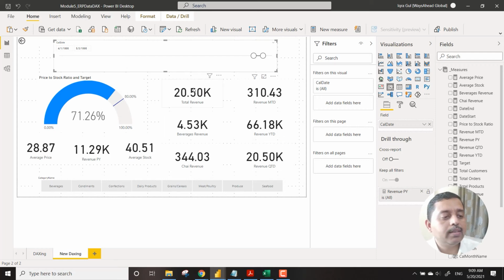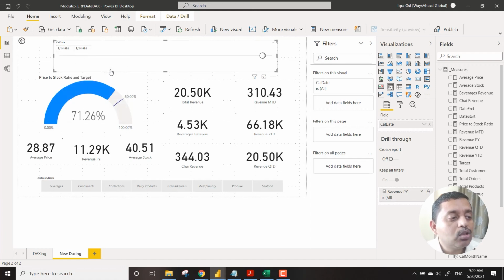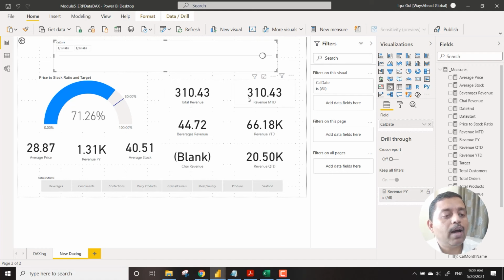Which means that it is in the same order. Now this is MTD. So this is 3rd of May, and then what I do is instead of April, I take it to May and I say 1st of May. You will see that both of them are of the same value. There are certain other things also we can notice over here. You can see that in the month of May, during these 3 days, there was no sale of chai, and that's why chai is blank over here. So these are some of the features that you can hover around and test, right? So this is the functionality of how measures can work.